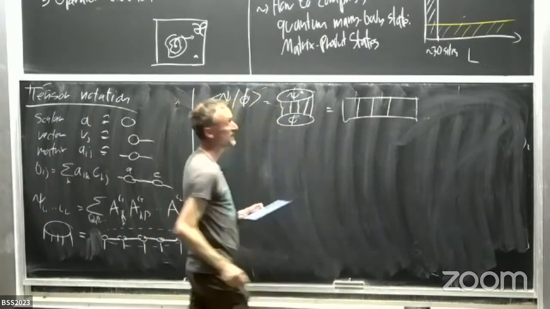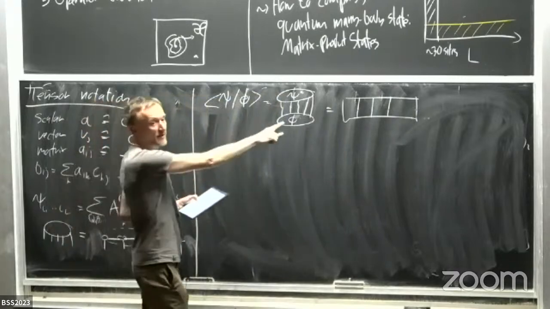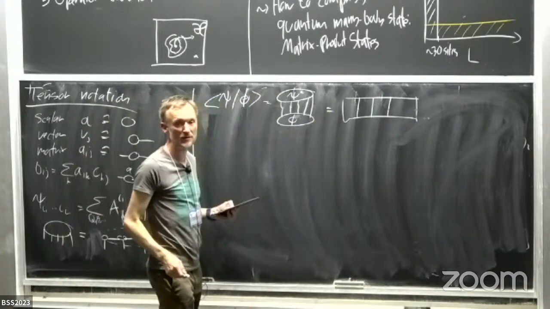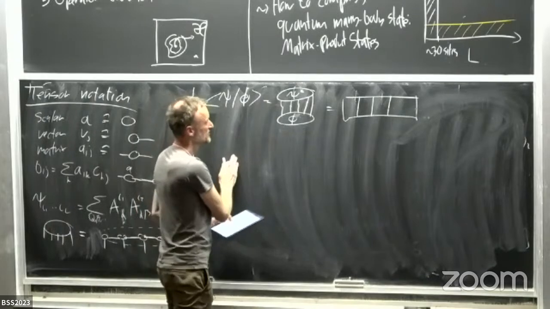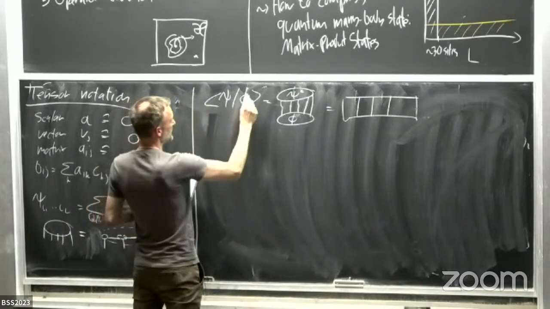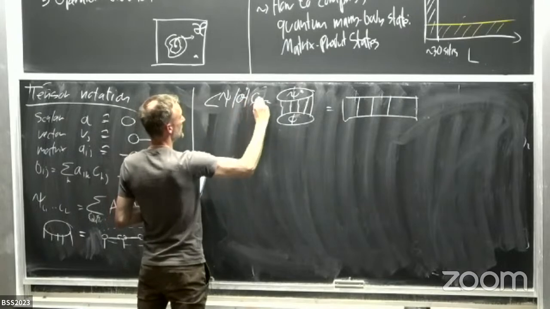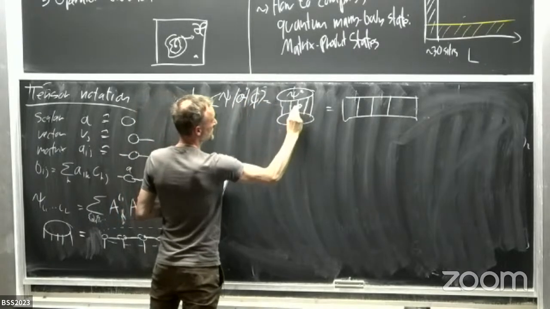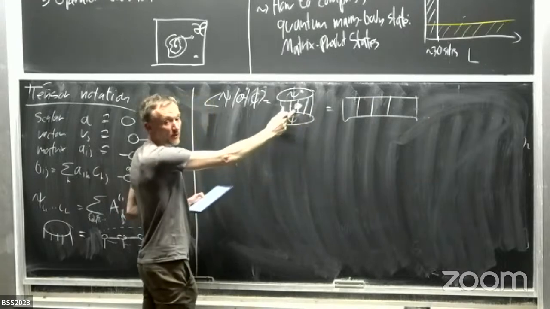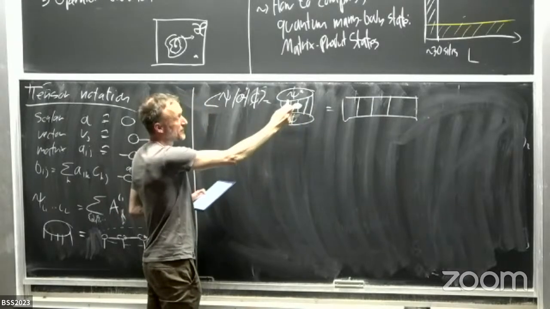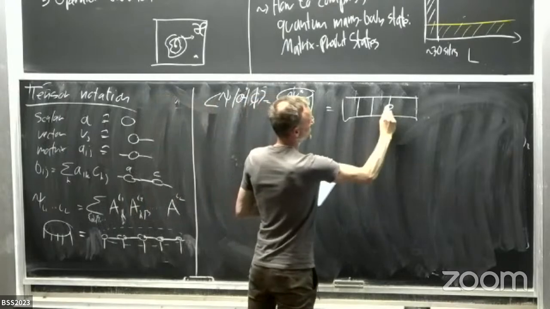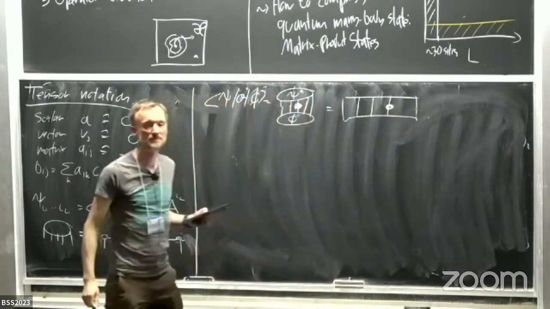So let's add one more here. So now the tensor network notation, this is how it looks. And similarly, if I want to calculate some expectation value of, say, a local operator O, I just have to squeeze it in somewhere here. So this is now my operator O acting on a single qubit. And then this would be just something like this.